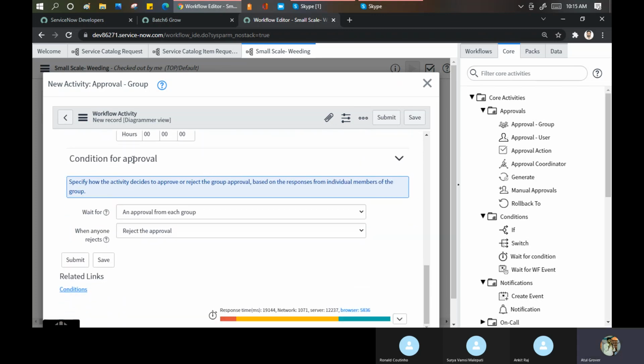Now, this is important. Condition for approval. Ronald wants to buy a bike. In Ronald's family, father, mother, elder brother, and younger sister are there. Ronald is mature enough now. He puts a proposal that I want to buy a bike, and that will be a good one. Java type of bike he wants to buy. Now the question comes, when can I say yes, Ronald can proceed to buy a bike.